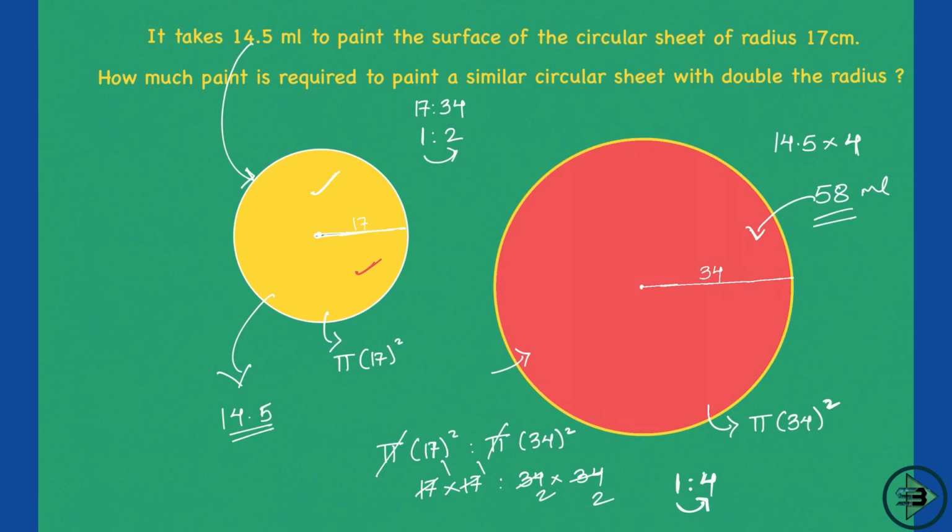You just know that the radius becomes twice, so area becomes 4 times. If you require this much paint to paint one part of the area, then for 4 times the area you will require 4 times as much paint as you required in the earlier part. So just multiply 14.5 into 4. Okay, that should give you the answer to this problem. So again, a problem on application of area. They didn't ask you the simple way, what is the area; they asked you a question which was an application, and then they used the concept of paint here.